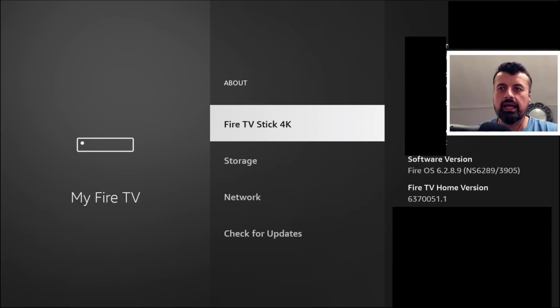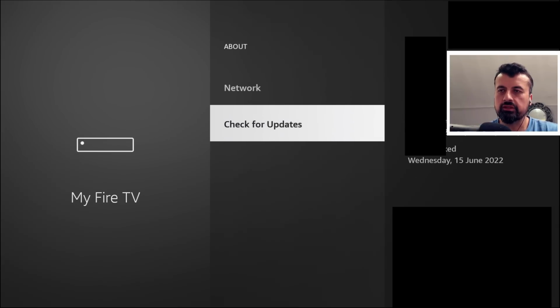Let's click on About, and we can see this device is running 6.2.8.9 with build number 3905. Let's click on Check for Updates, and I'm hoping on this device